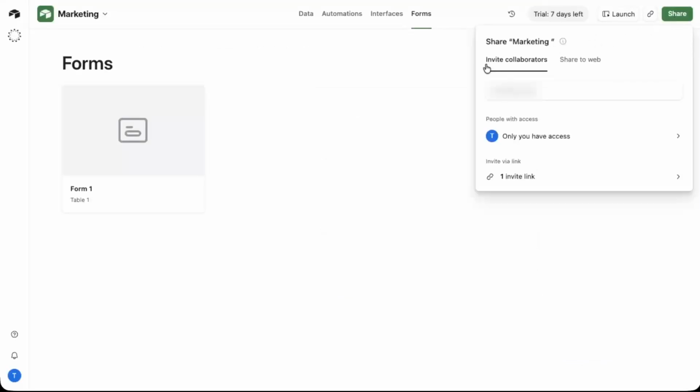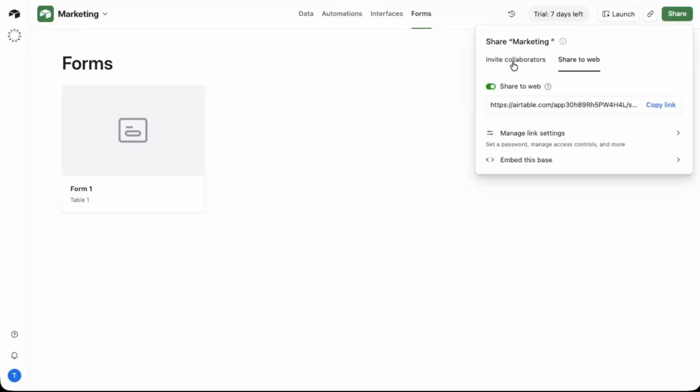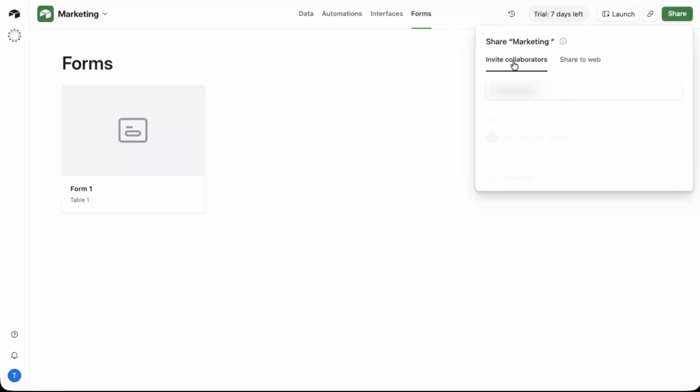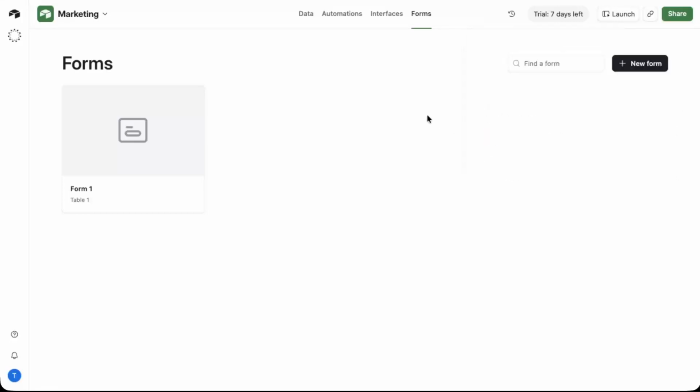Once everything looks good, use the Share button at the top to share your base with collaborators. You can control who has access and what level of permissions they get. Finally, when you're ready to make what you've built available for use, click on Launch. This takes your configuration live, so your automations, interfaces, and forms